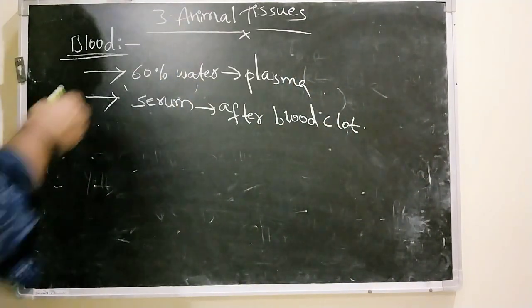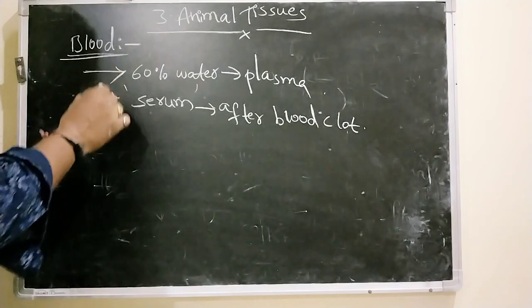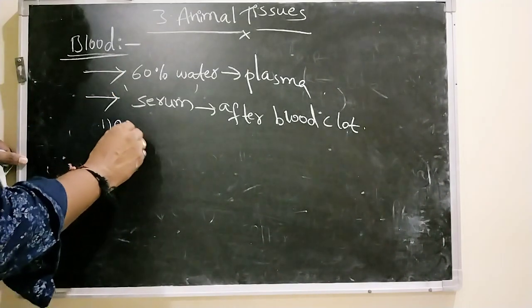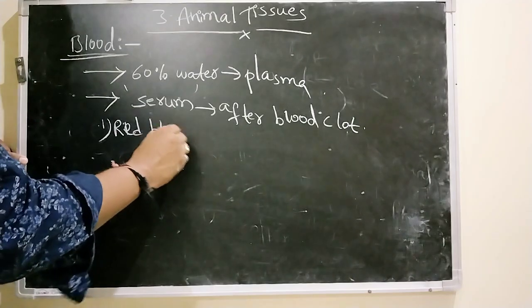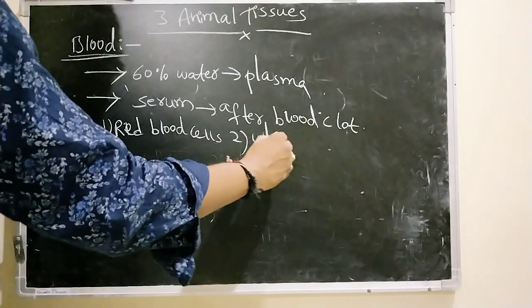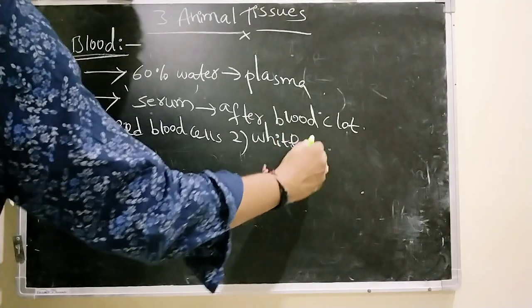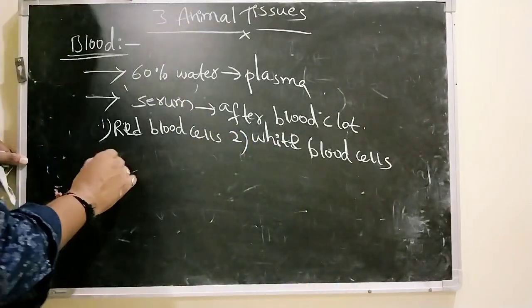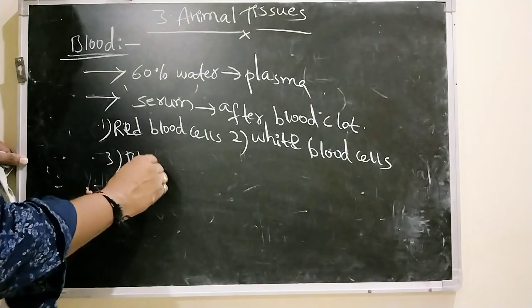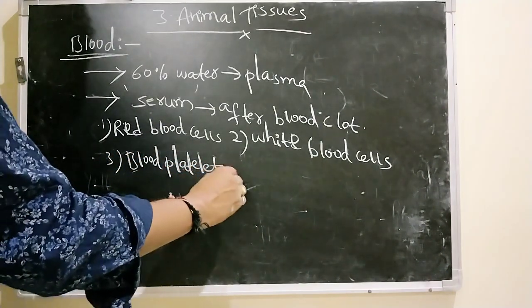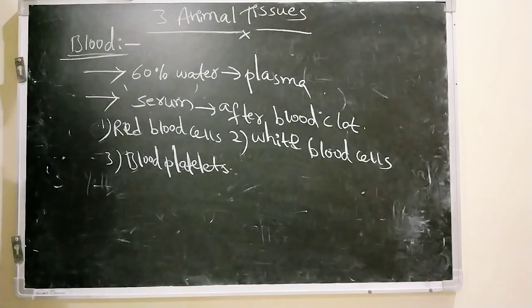Okay, and there are three types of cells in blood. One is red blood cells, then white blood cells, and third, blood platelets, and we will discuss each and every one of these cells. Okay, next,